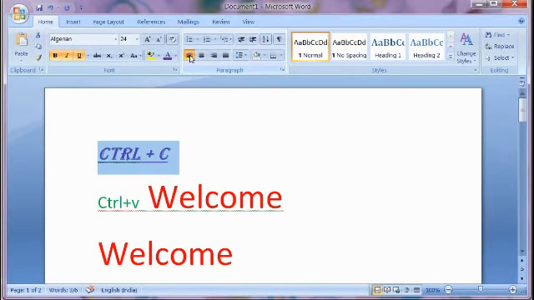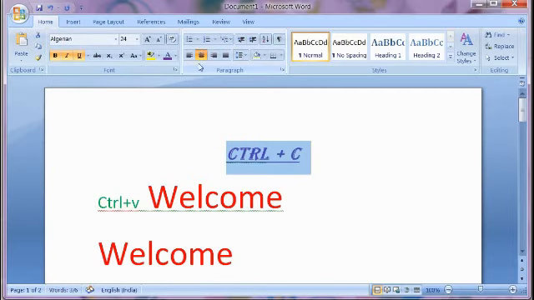Normally we use left alignment, because we write from the left side. If we want to keep this word in the center, we use center alignment.